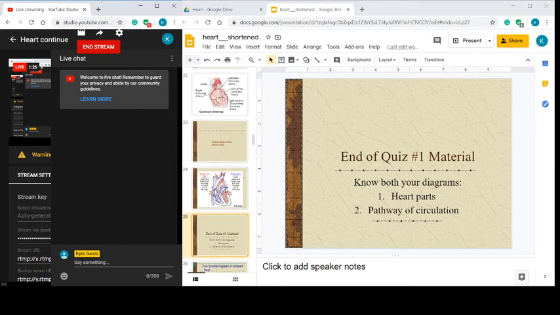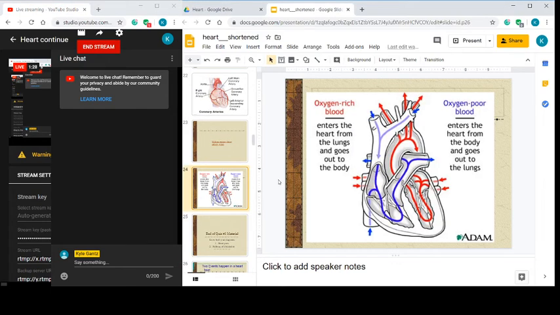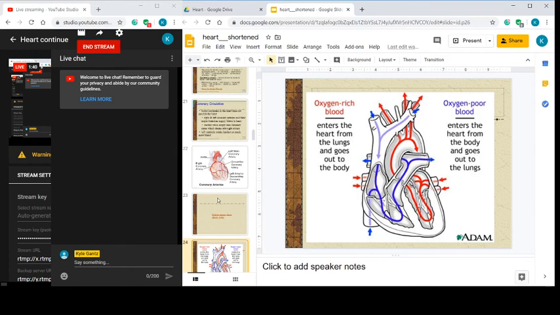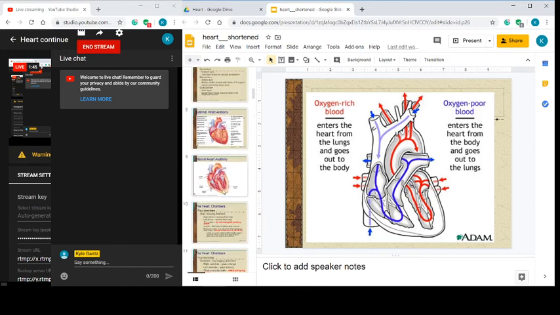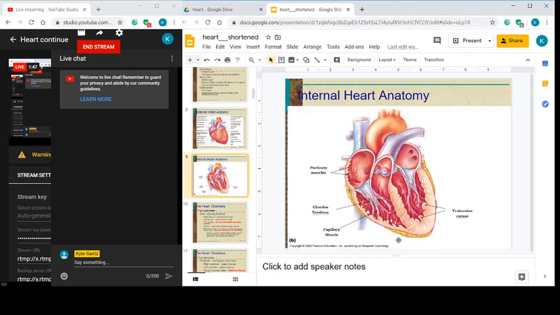So, knowing the flow of the heart, if you did not know or understand the flow of the heart, it would probably reflect in your quiz. Again, it's not super difficult. It's just kind of nice to be able to draw it out if you need to. When we're talking about inflow from the superior and inferior vena cava into that right atrium through the tricuspid valve